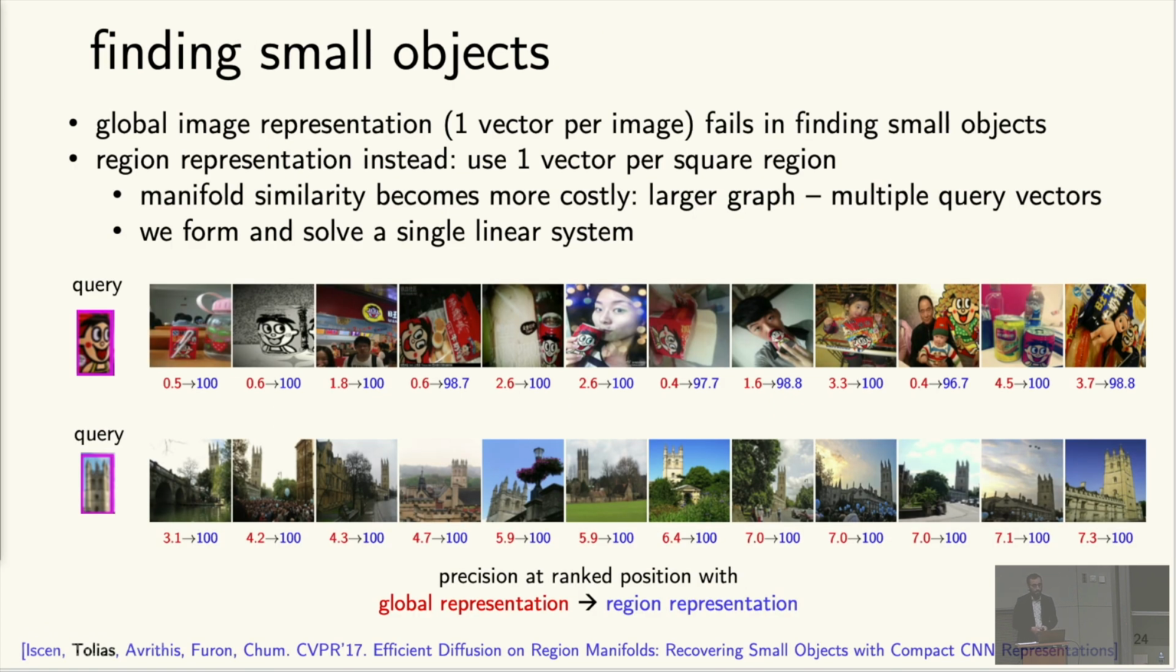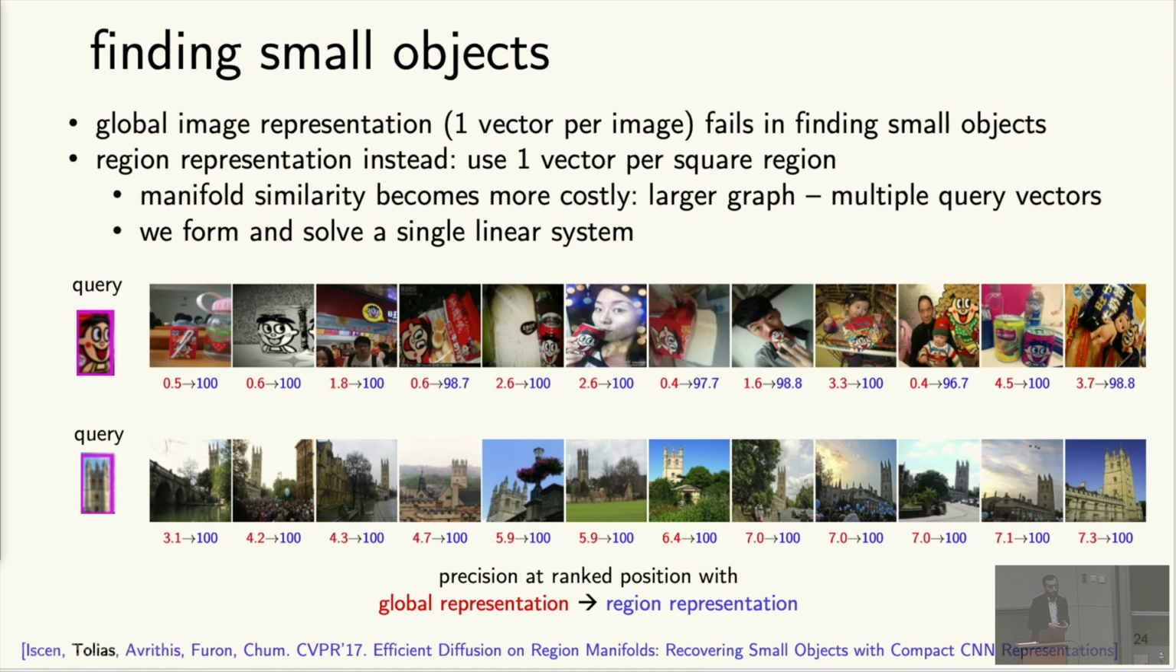Now, again, in the context of manifold similarity for visual search, a different kind of contribution is about finding small objects. So far in what I described, we're dealing with global image representation. That means we're using one vector per image, and this in practice fails to find small objects. Instead, in our work, we use region representation, meaning we use one representation vector per square region and sample multiple